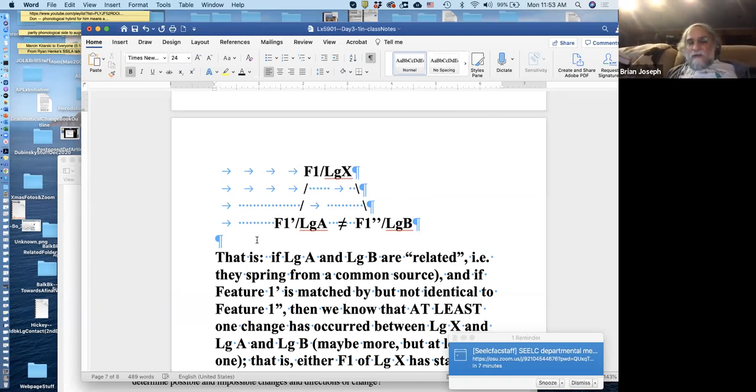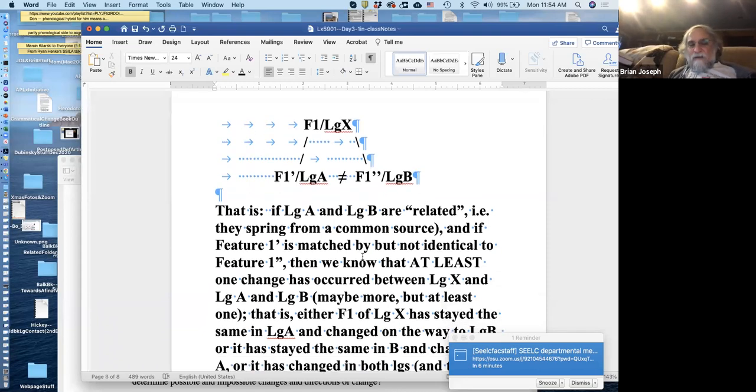But in the situation that's outlined here, where you're licensed to make the assumption of relatedness, and you know what it means for these features in these related languages to match up in a certain way, as long as they aren't identical, then we see here that there's evidence that at least one change has occurred between the starting point language, which we can refer to as the proto-language. I'll use LG for language most of the time. The proto-language for A and B. So proto-language A, B, not a very exciting name, but